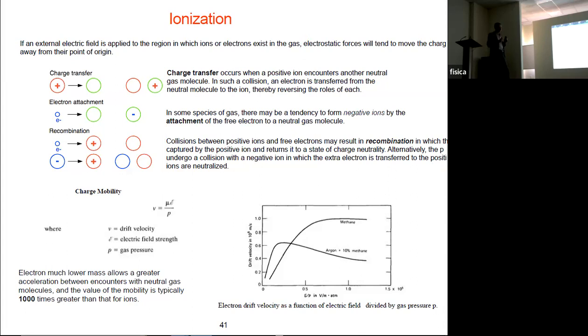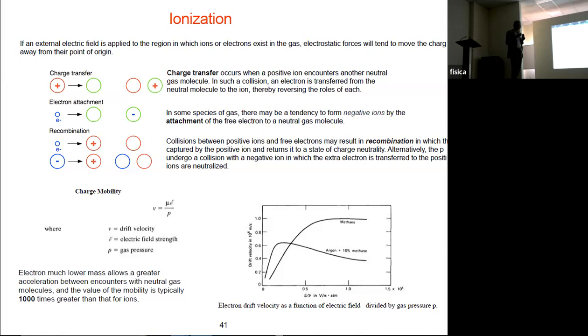We have an electronegative molecule or atom which can attach some electrons, and in this case, electrons are lost. We have a negative ion, which actually cannot be utilized for our detector. And it's the most important thing for